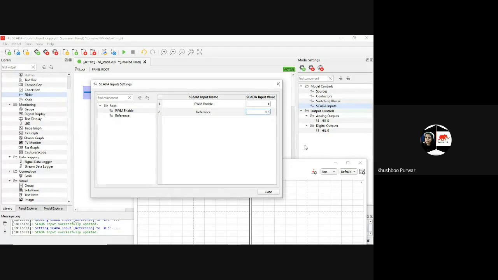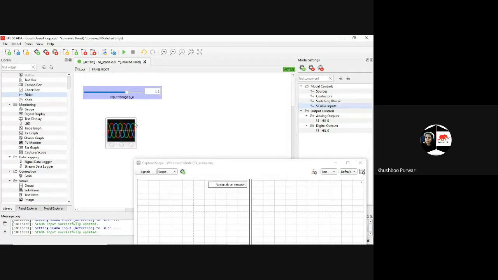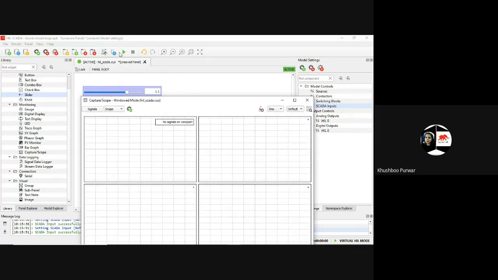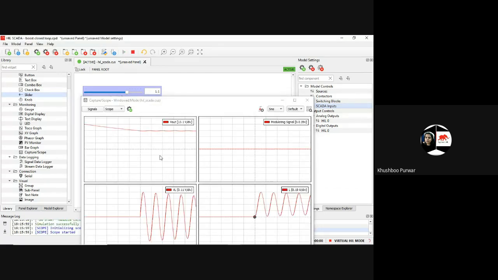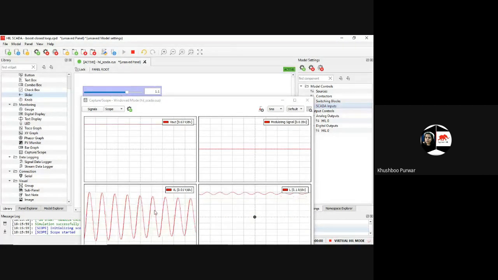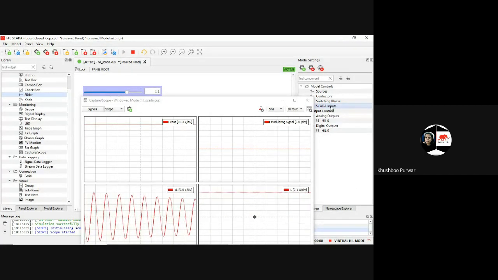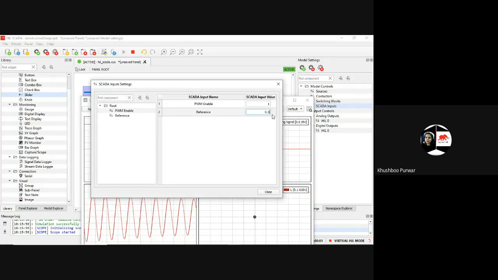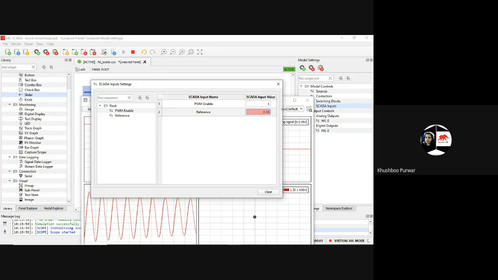Okay. So here now I will run the simulation. Reference signal, I can give it as 0.55.